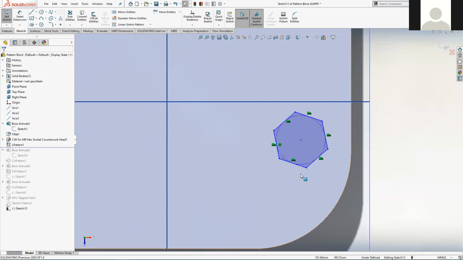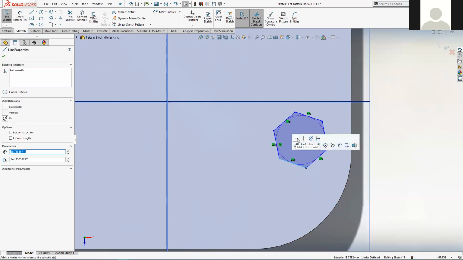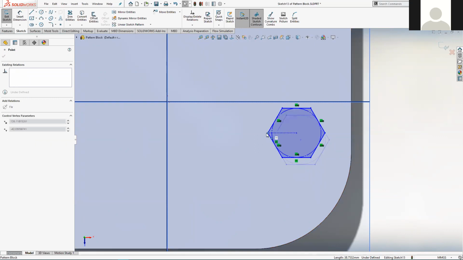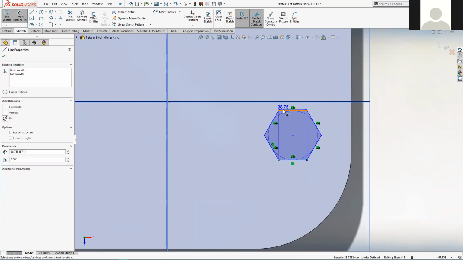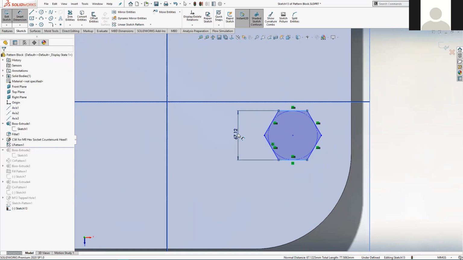Then I want to go in and lock one of the edges. So let's say that edge. I'm going to click on the edge and lock it to horizontal. It's just practicing being able to do that ourselves manually, rather than relying on the sketch setup to help us lock it in position. It's making sure that we can do it ourselves as well. Then I'm going to put some dimensions on this. I'm going to get the Smart Dimension tool, and dimension the flat to flat as 20,